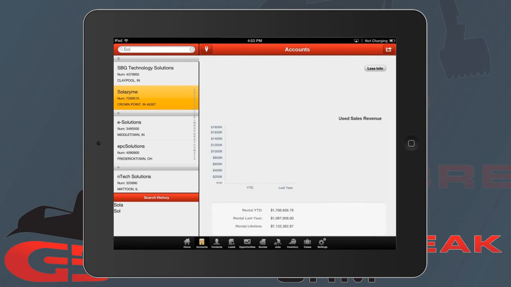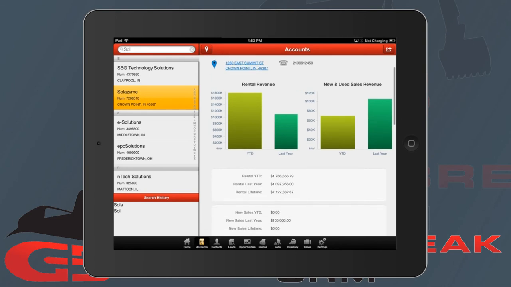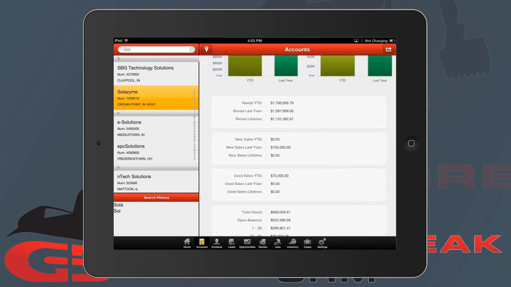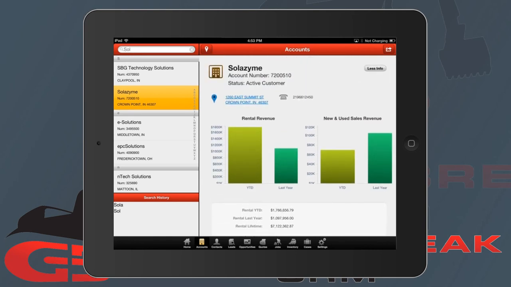The first thing we see are two charts. One shows rentals and the other new and used sales. These charts can be customized to display current year-to-date versus last year-to-date, new sales, used sales, parts, service, and etc. It is completely up to you what to display. Credit, insurance, and other key data are updated from your rental or sales application. To close this section and regain valuable screen real estate, tap the Less Info button located at the top right